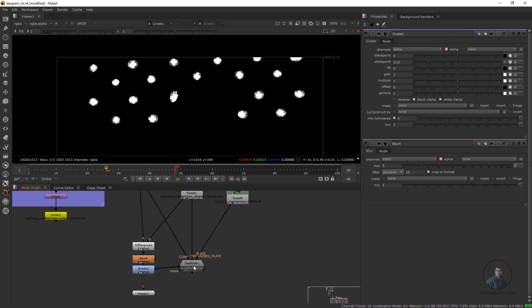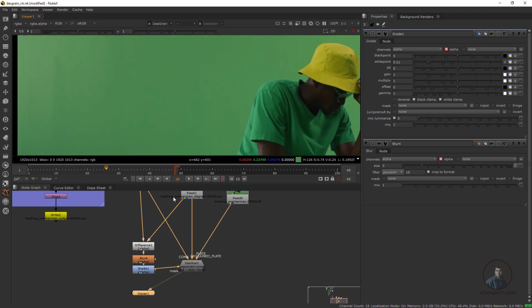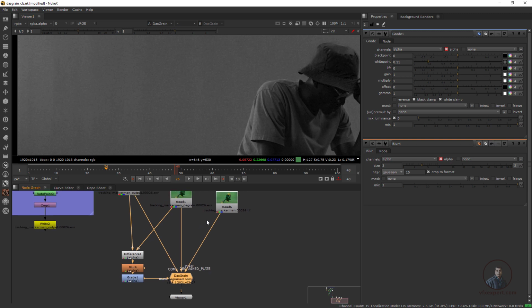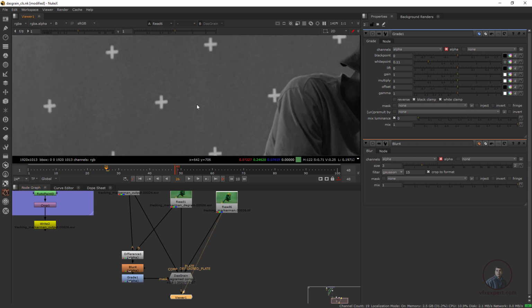So again we can simply select and press 1 here. Now again press A here. We have to check first in the blue channel. So first I am going to check in the blue channel. So again press B. Now we have to compare again. So for the degrain I have created viewer 1. Now select this one, press 2, whichever is the original plate here, and we have to compare.